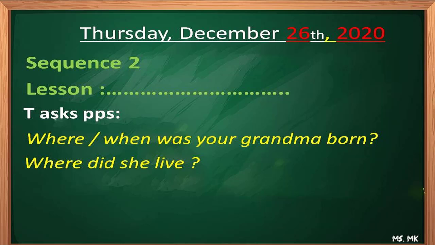So for this lesson, I'm going to present the past simple tense, affirmative and negative forms. And next time, inshallah, I'm going to present the interrogative form. So you're going to write the date on the board after preparation, and I prefer to make someone write it on the board. It's better. Then you're going to write sequence 2 lesson, and you leave it empty.